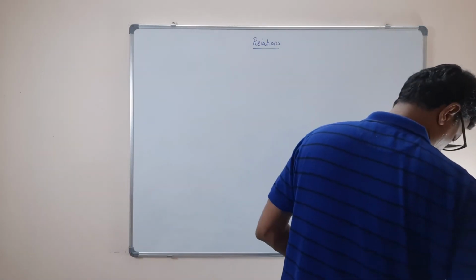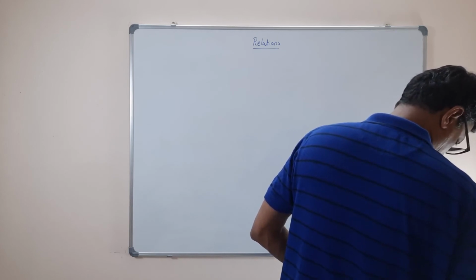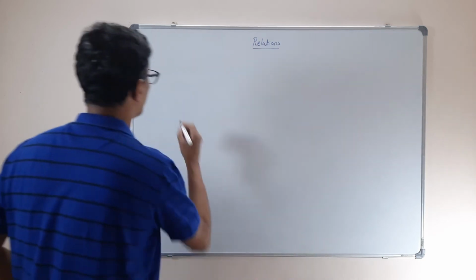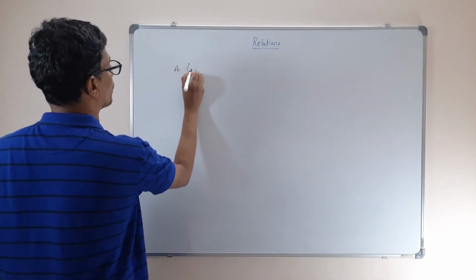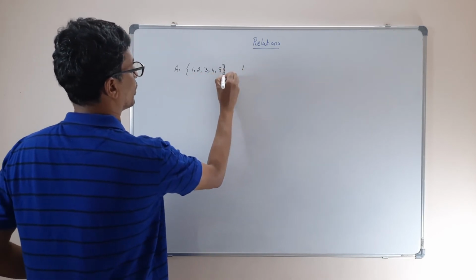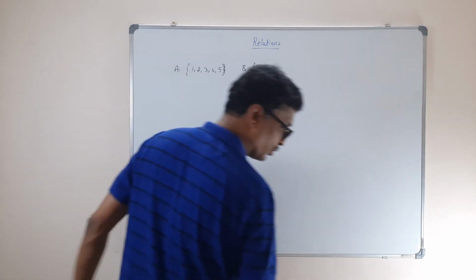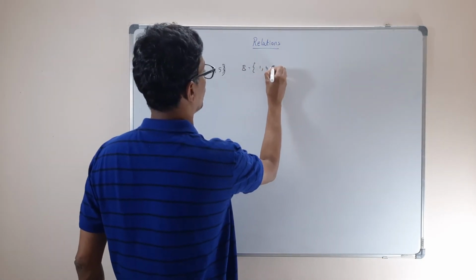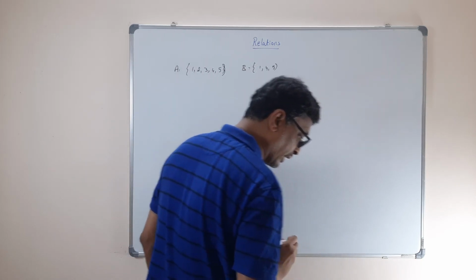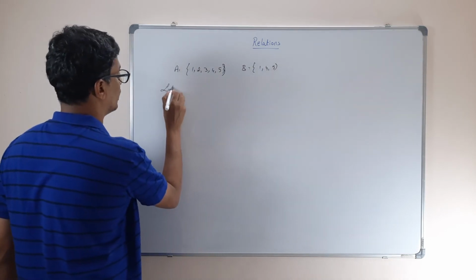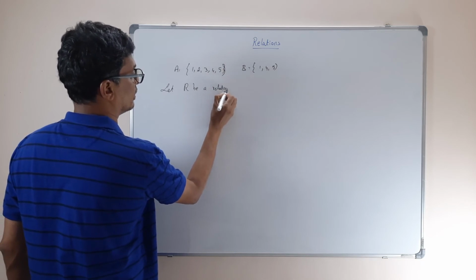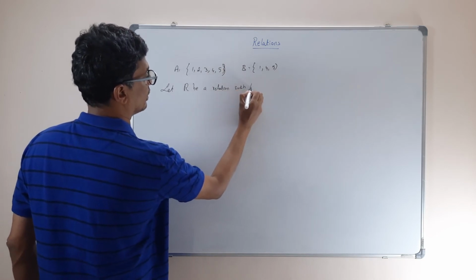Okay. So what they have is they given a set A which is 1, 2, 3, 4, 5. Set A is equal to 1, 2, 3, 4, 5, and set B is 1, 4, 5. And the relation they given is, let R be a relation such that